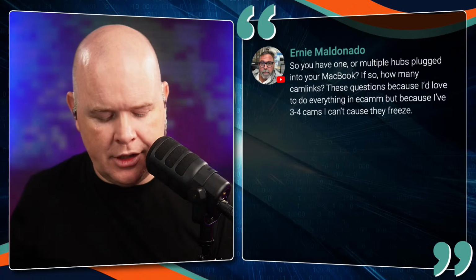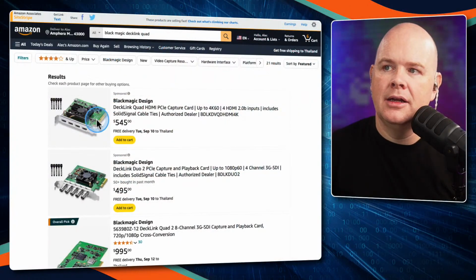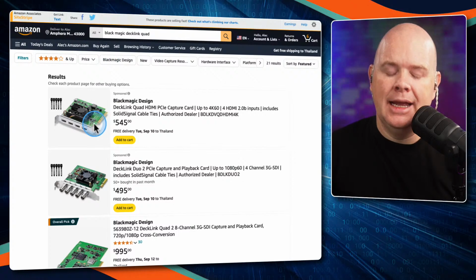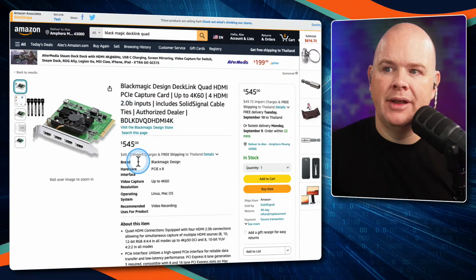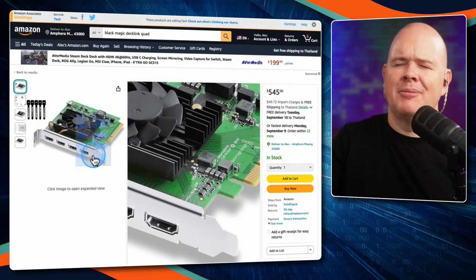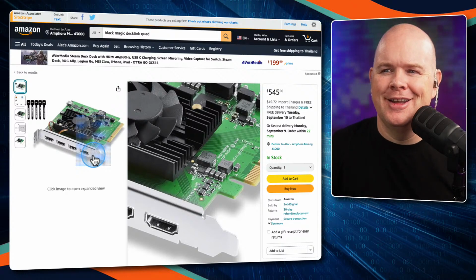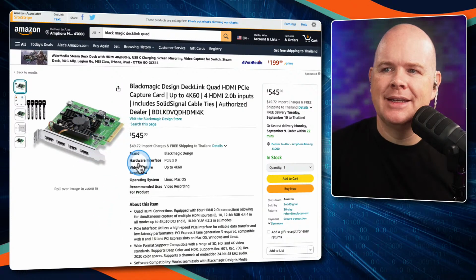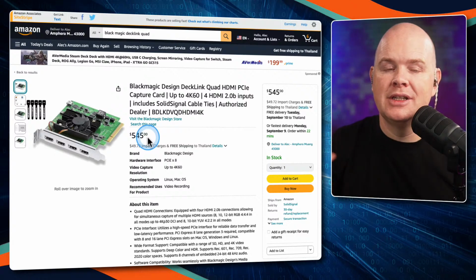There we go. Right. So what this is, it is a PCI card, and it has on it 4 HDMI inputs. Now it's $545, but compare that to Camlinks. Camlinks, I think they're about $90 now, $100 now, rather than that knockoff one that I showed earlier. So it still is slightly more expensive than using Camlinks, and you do need an enclosure for it